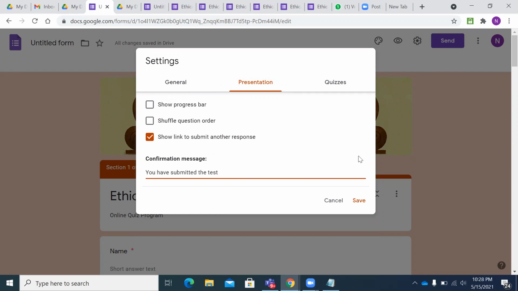You can also click on this to show the progress bar. This will show how much percentage you have completed during the online test.